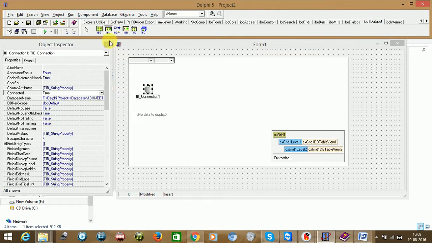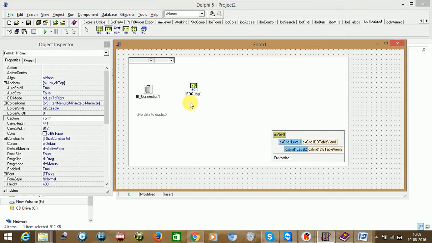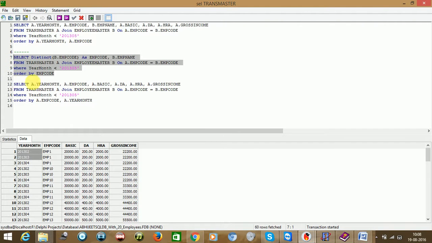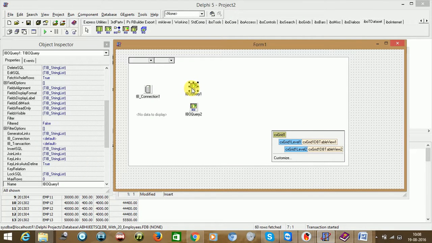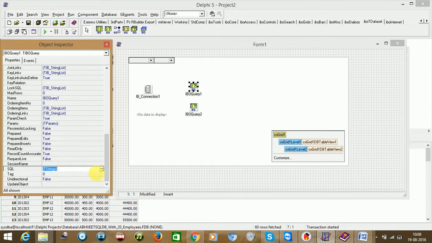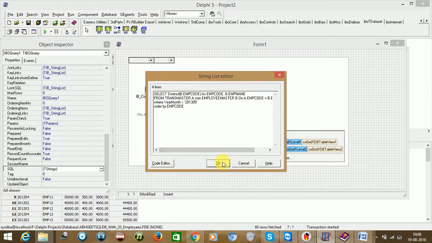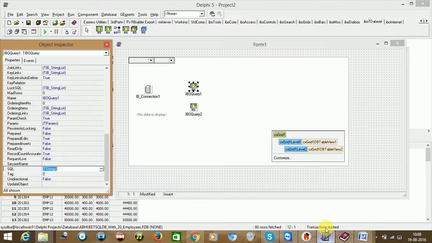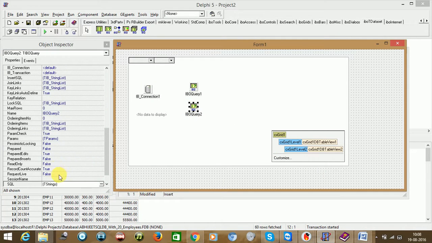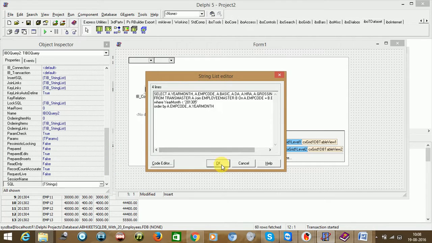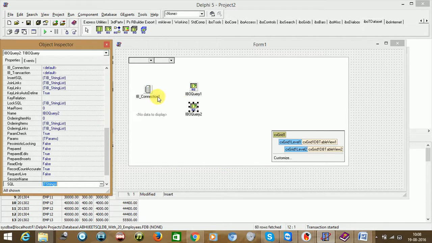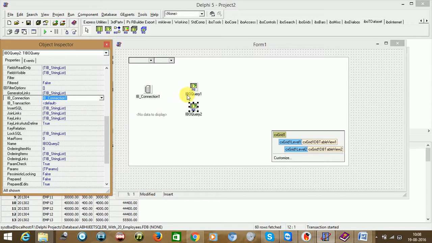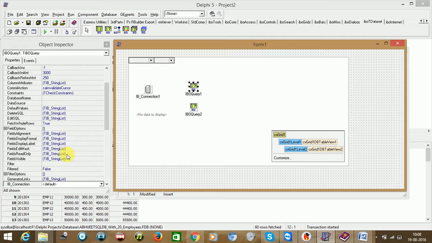Now we'll be having 2 different query components here once again. So just copy the SQLs. See how easy it is when you know the concept. Doing it at design time doesn't make any time difference. Copy paste here again. It's a matter of very few minutes. Copy paste here again, fine, not an issue. We just need to tag the respective IB connection component. Here also the IB connection component, here also we need to add it.